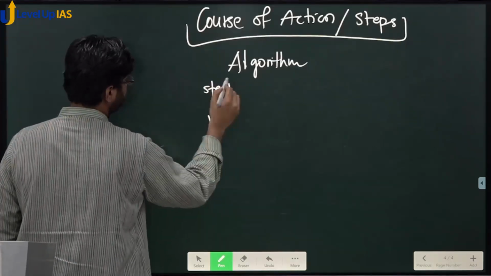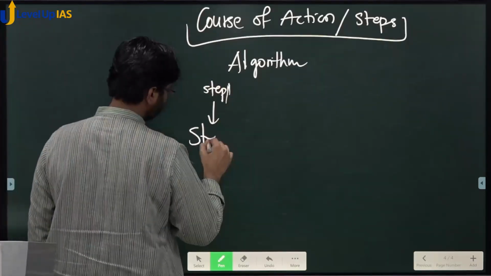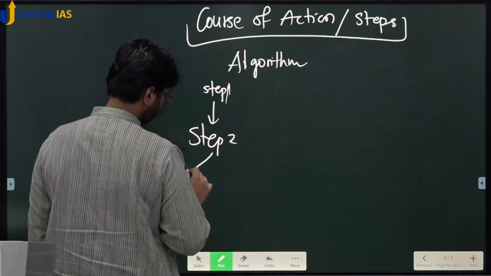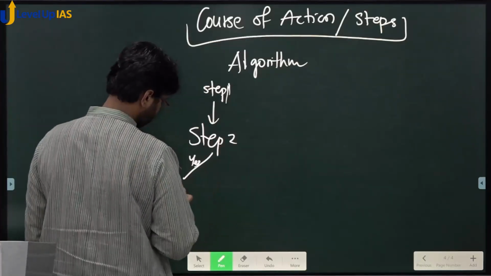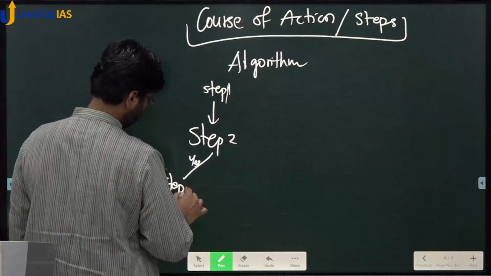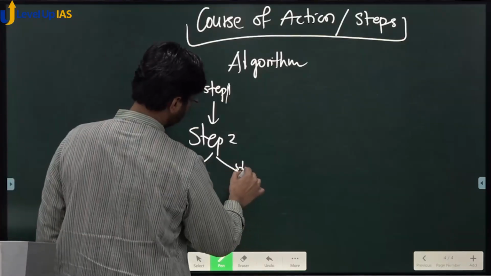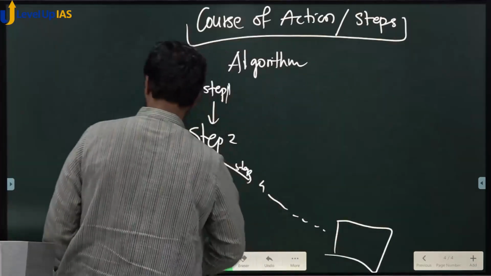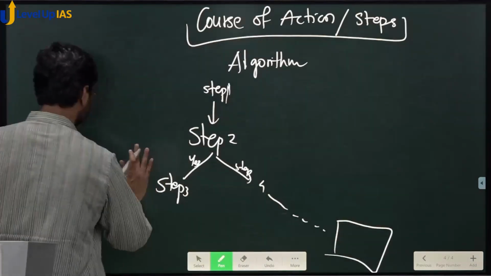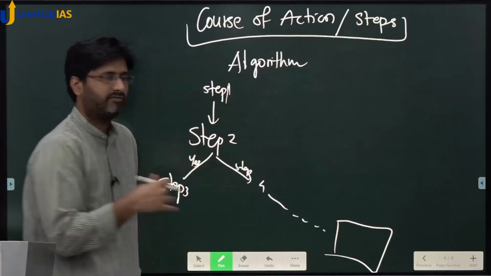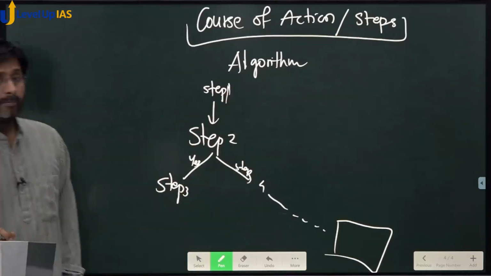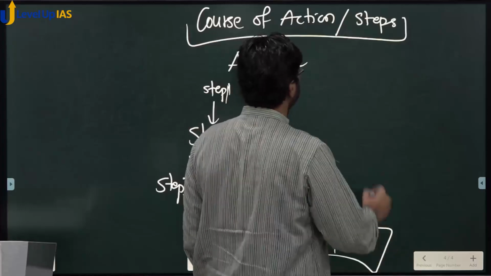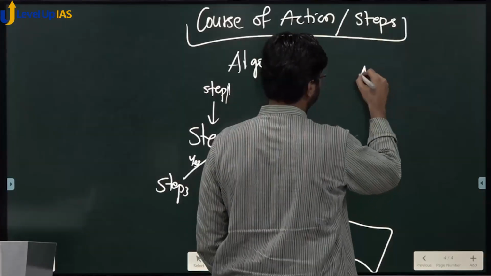Okay. Step 1. Then step 2. Then अगर yes है तो step 3. No है तो step 4. Like that. If there is no if and but, straight away go with step 1, step 2, step 3, step 4, step 5, like that. And course of action में most important होता है aspects,